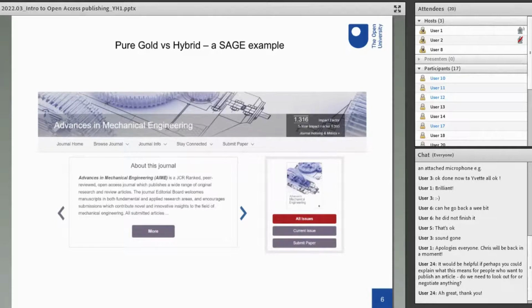So there are basically two types of gold open access journals, as you may know. They're hybrid and they're pure gold. The pure gold journals is where all of the articles in the journal are open access. So these are usually subsidised by an institution. And these journals are often, but not always, listed in the DOAJ. An example here is from Sage, one of the main publishers. This is a fully open access journal, and this is usually stated on the front page. As you can see there, it states that it's an open access journal.